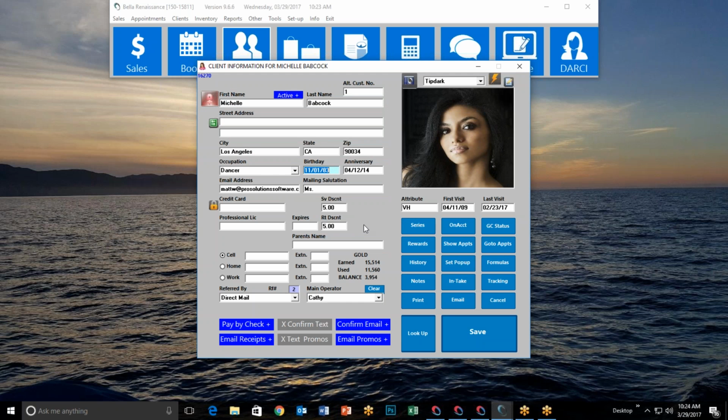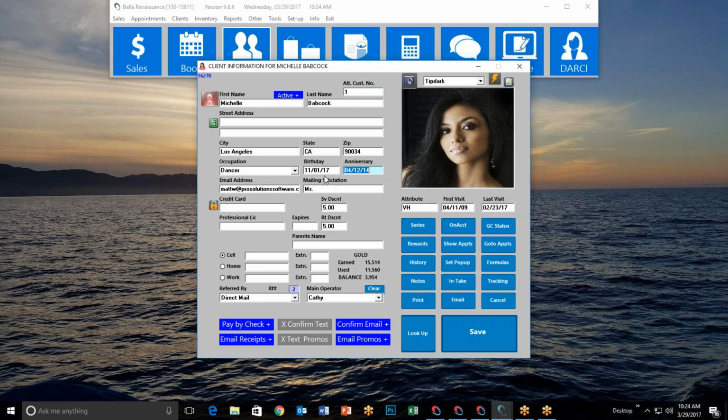So for instance, if I said, Ms. Babcock, can I have your birth date? She says, sure, it's November 1st. Well, that's all she needs to give you. You can put in 11/01, enter. It'll default to this year, and I can either remove the year altogether, so it'll look like that, and save, or I can leave it just as it is. And leave it, okay,